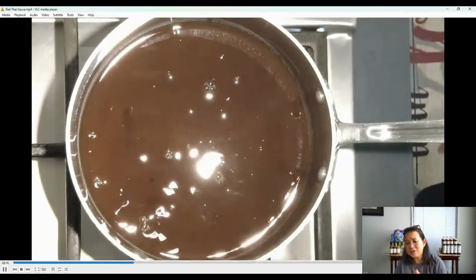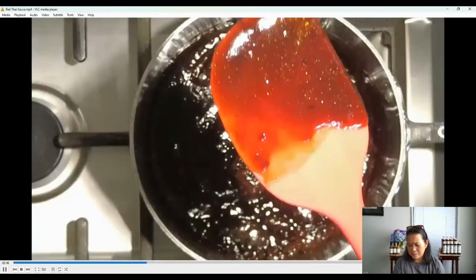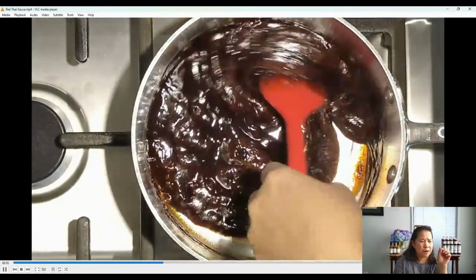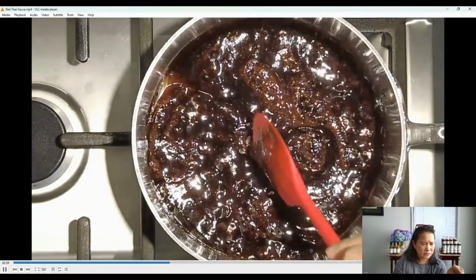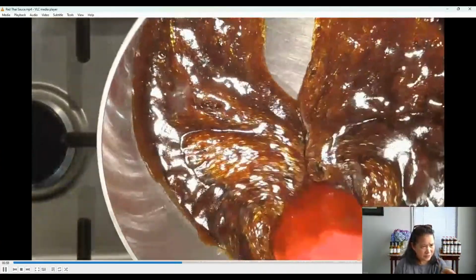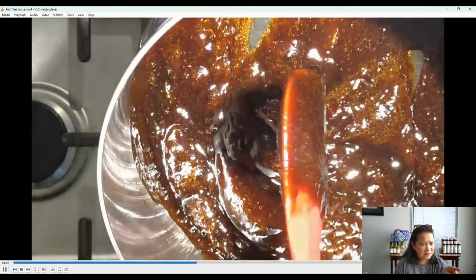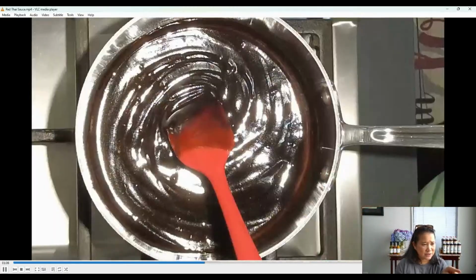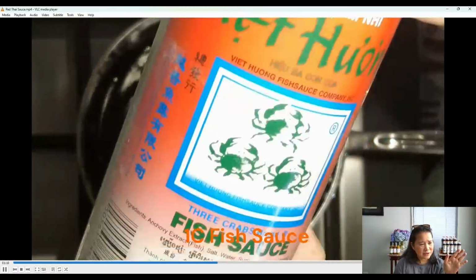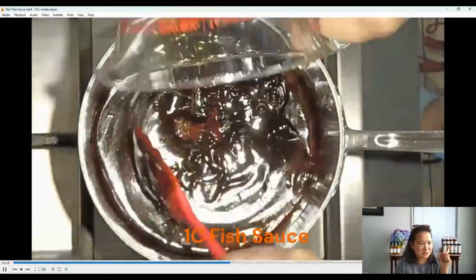Now, if you have palm sugar, please do use palm sugar at the same amount. So I used one 14-ounce bag. So basically, you cook the rock sugar with 2 cups of water, reduce it down to this consistency right here. You see that? So it's very rich. This is with tamarind. It's so rich. So once you have that, you want to add 1 cup of fish sauce almost immediately